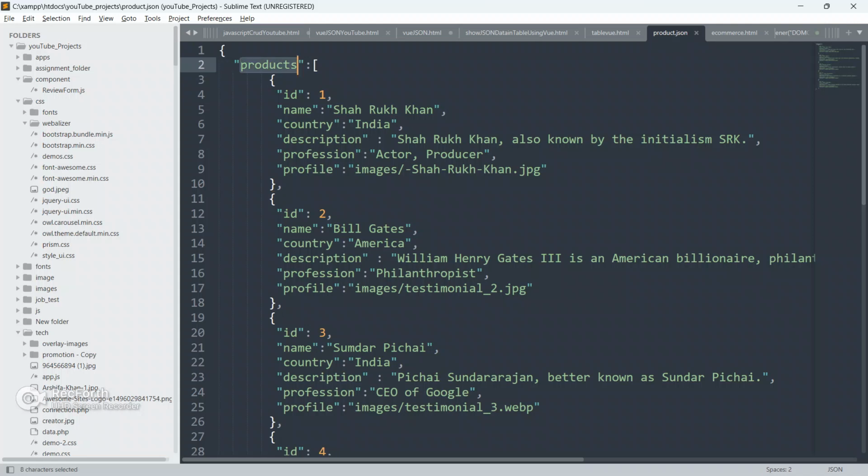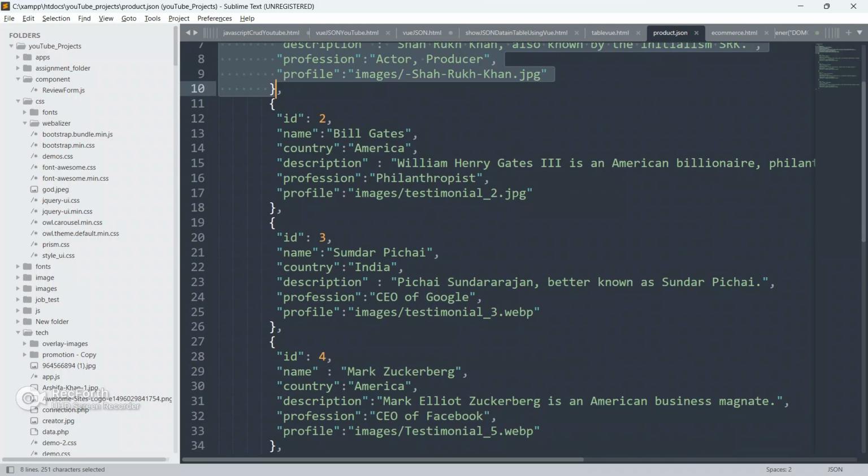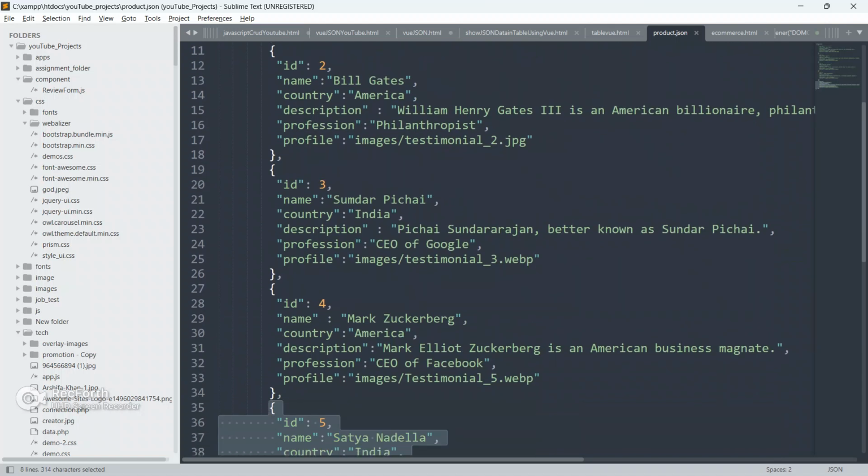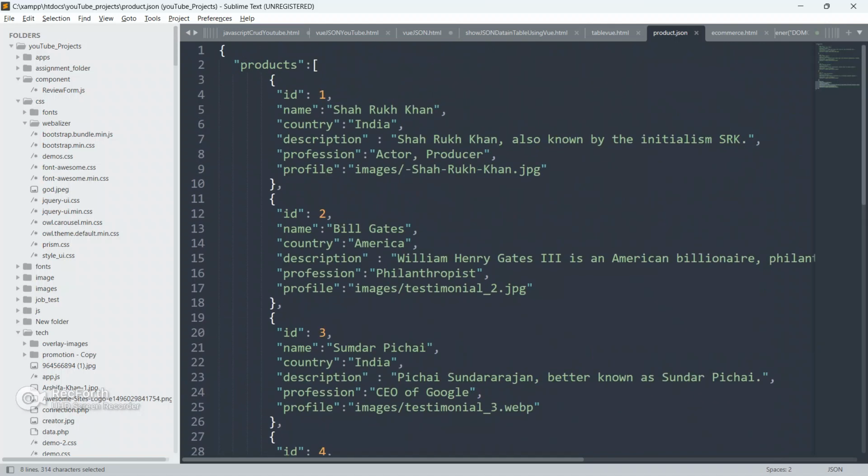As you can see here, the JSON file name is product.json, and it has got one array, and it contains objects. This is the first element, this is the second element, this is the third element, and this is the fourth element, fifth element.